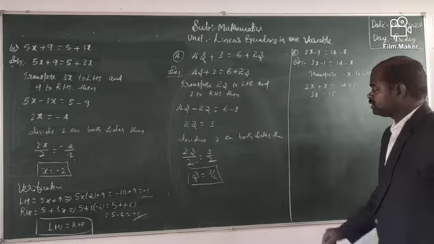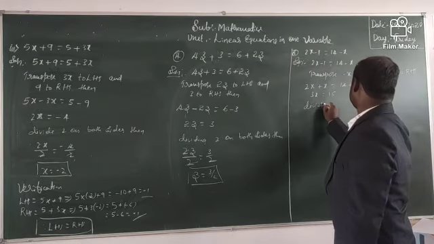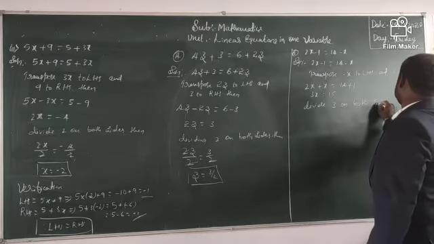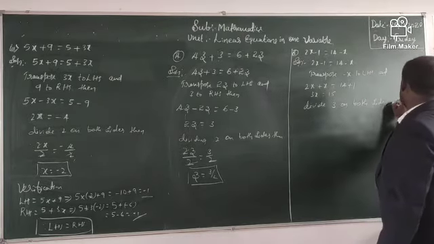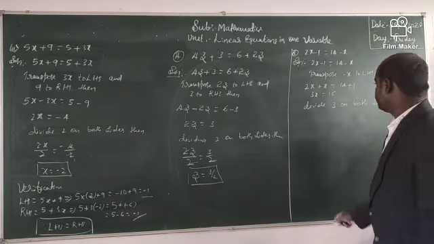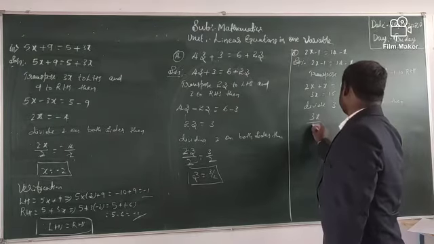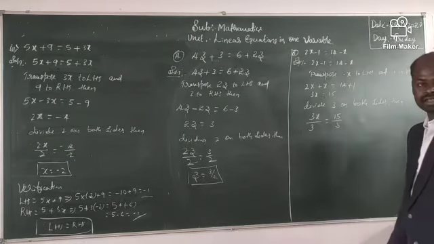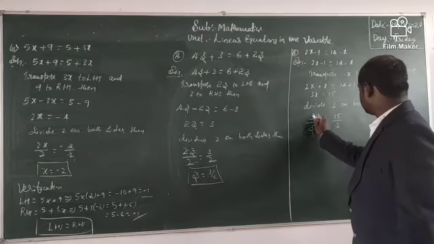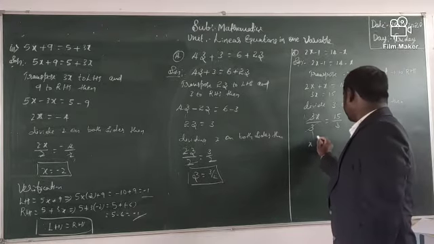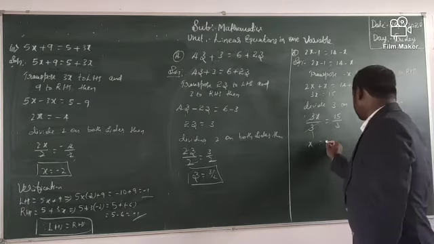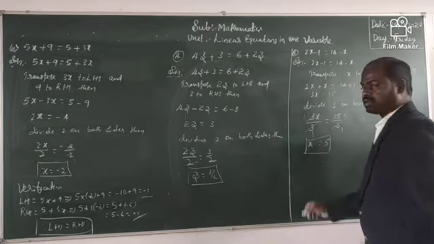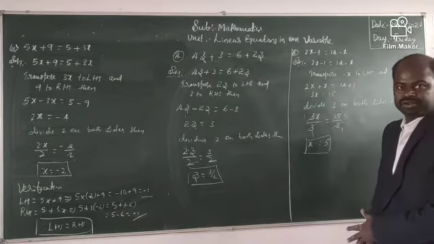How will it be cancelled? Yes, divide 3 on both sides. Then the equation will become 3x divided by 3 is equal to 15 divided by 3. Here see children, 3 ones are 3. Here remaining is x, which is equal to 3 fives are 15. Therefore, value of x equals 5. Next, verification, you have to do it.